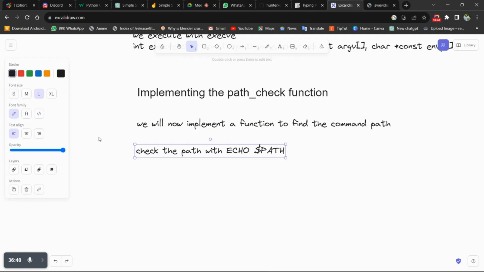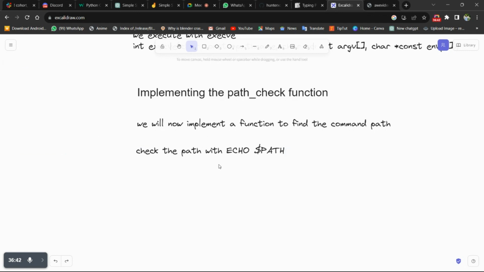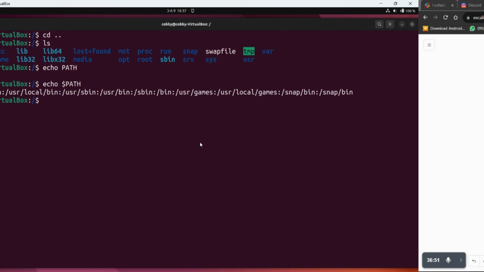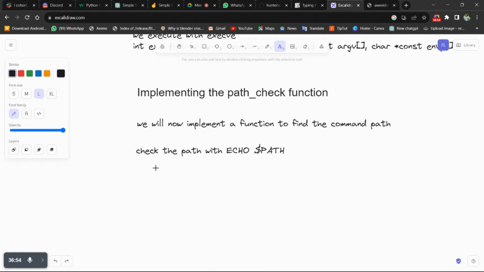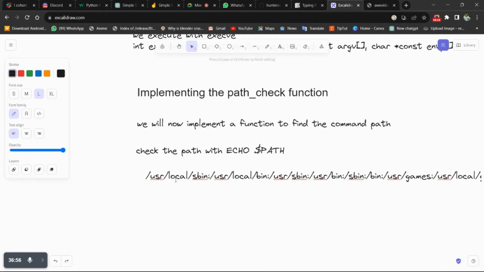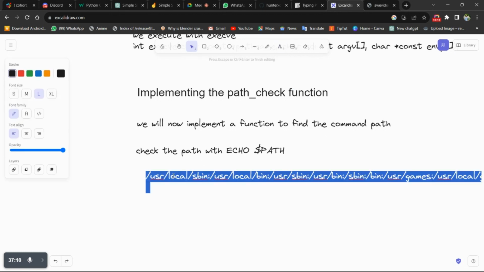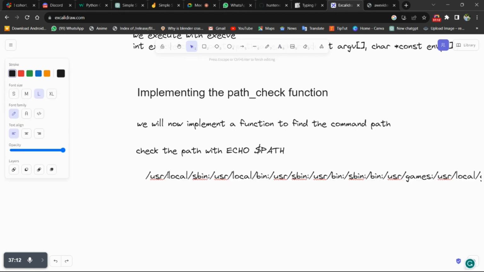From the little I know, the path, as you said, is a string, but it contains several directories that are separated by a colon. So after each colon in the path string is an actual directory in our shell. So we could tokenize this full string using the colon as a delimiter.